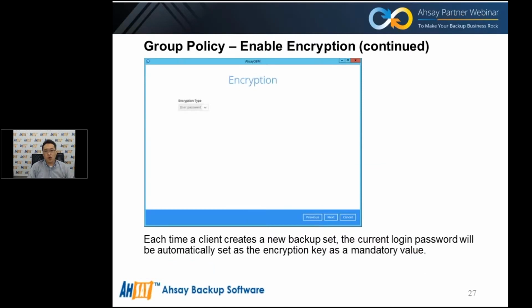Again, what happens is, when a client creates a backup set and gets to set the encryption key, they will not be able to disable it, and they'll be left with the mandatory user password setting. So all they can do is basically click on next,